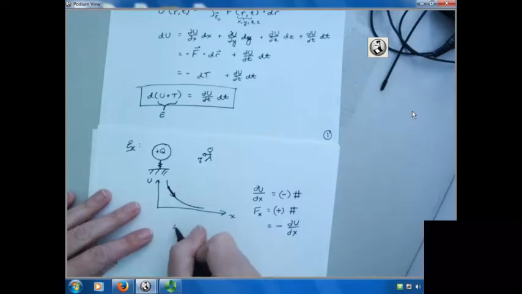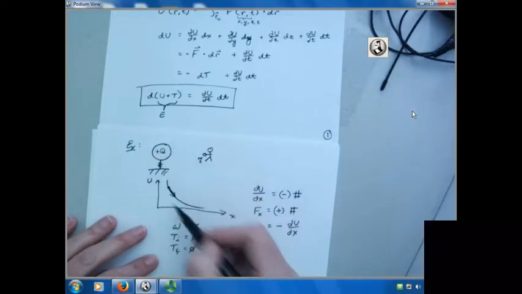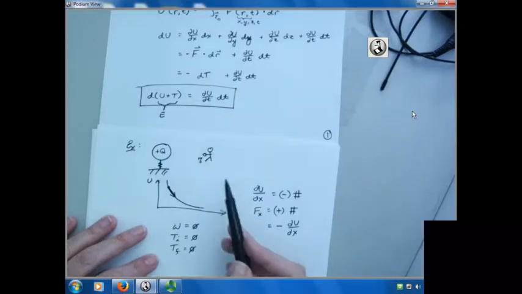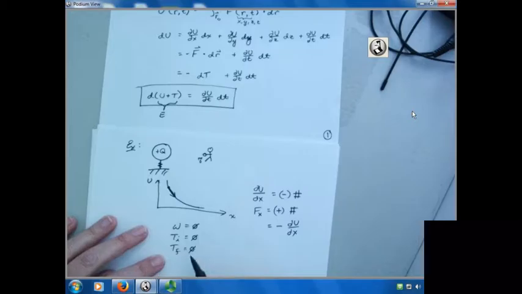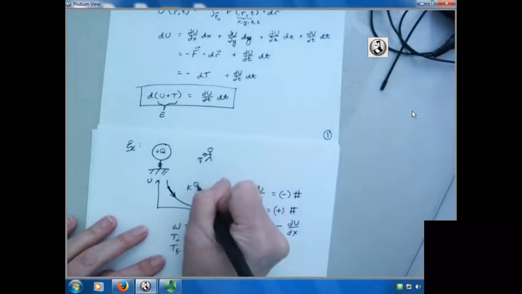I'm holding this object at rest, so there's no work being done. I'm holding it at rest, so its initial kinetic energy is 0. Its final kinetic energy is 0. I'm letting Q drop, which is why this electrostatic force is varying with time, because it is proportional to capital Q. And if you're wondering, it's Q over R.